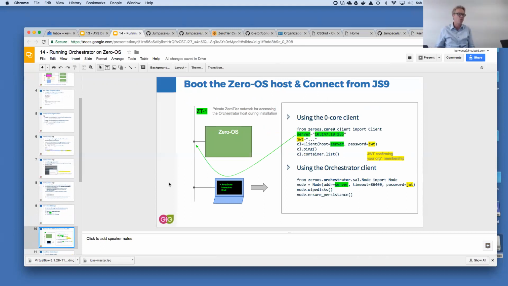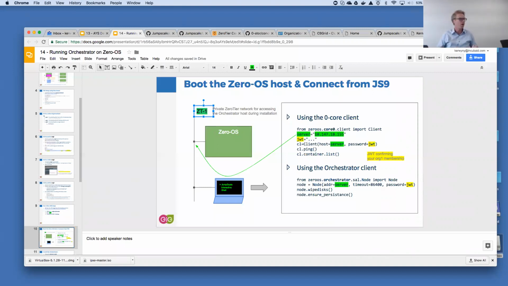And the nice thing about this, when this OS boots, and we'll touch on that later when we boot one of the nodes, it will automatically join this zero-tier network. Now, when it does so, you will have to authorize its join request. I'm not going to do that because my machine is already joined and running. I don't need to do anything. Now, once that is done, you can literally do what is on the screen. You can test your installation.